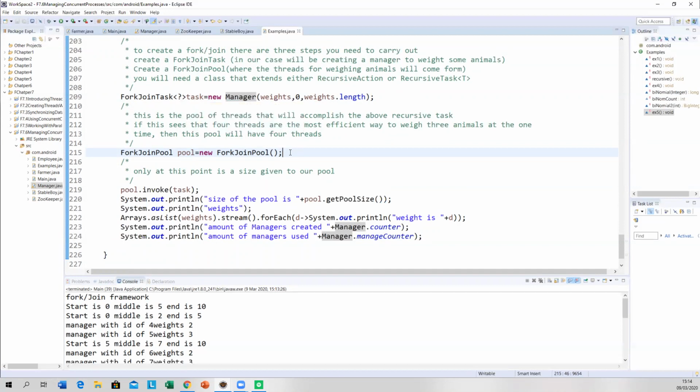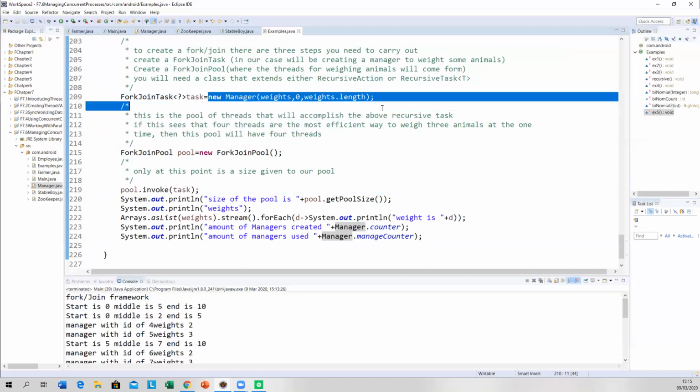All right, now pool.invoke(task). That is what gives this guy a size. It's going to basically create threads as needed, I suppose. This guy here sends this object to the compute method, and inside the compute method, it's recursive.